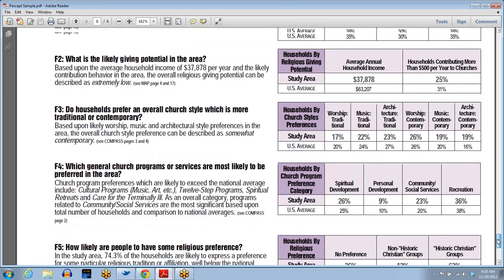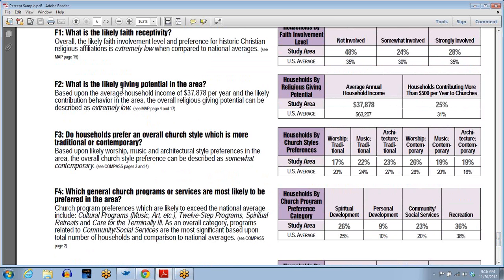And so as you go through and look at this, for instance, look here at F2. What is the likely giving potential in the area? Extremely low. Look at the U.S. average, 63,207, compared to this area, 37,878. So as you study this, you've got to pay for the ministry that you're doing, and if you go reach the people God's called you to, you better have a part of your plan how you're going to sustain